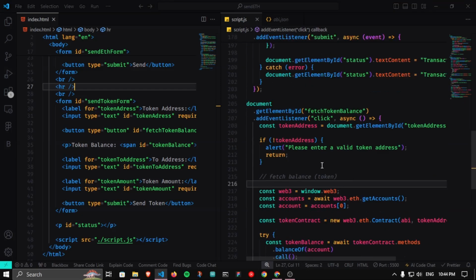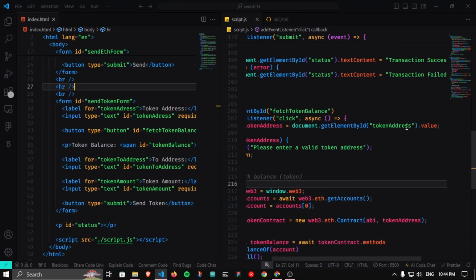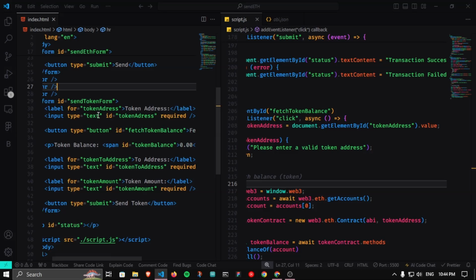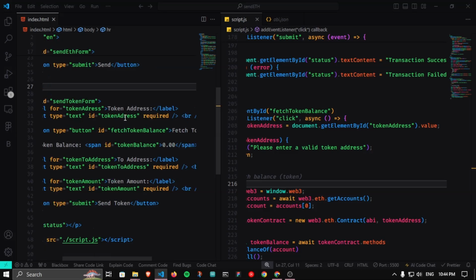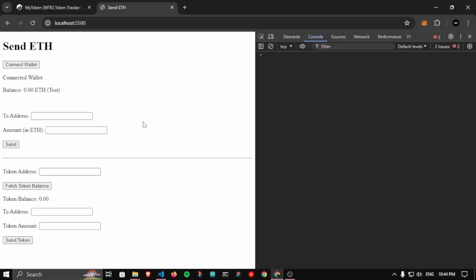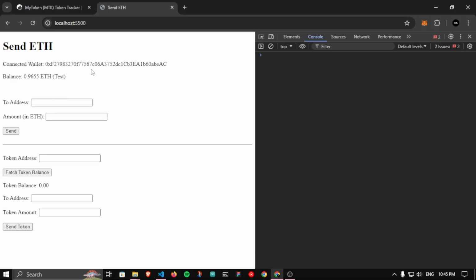So from where we are fetching the address, it's token address dot value, and here it is token. Okay, it's a single D missing, so it's not token address, and this time it should work fine. This basic typo happens all the time. Okay, so connect wallet is connected, paste the token address and click on fetch token balance, and now you can